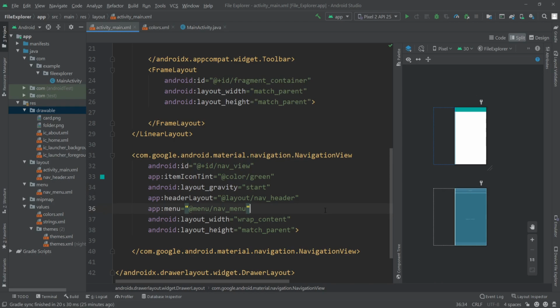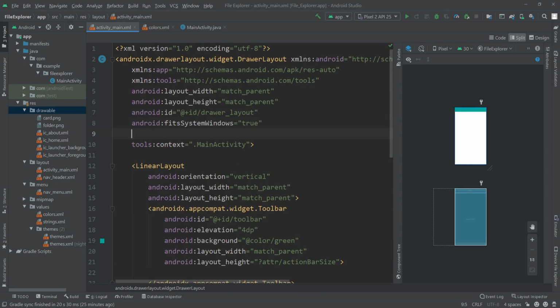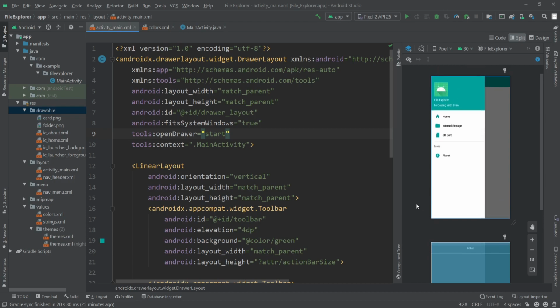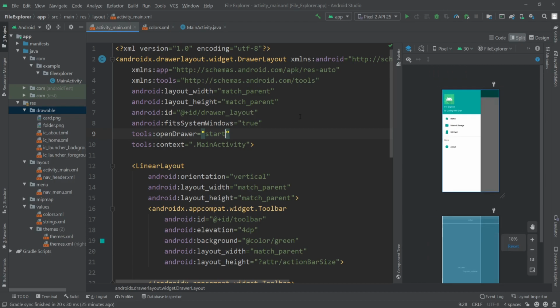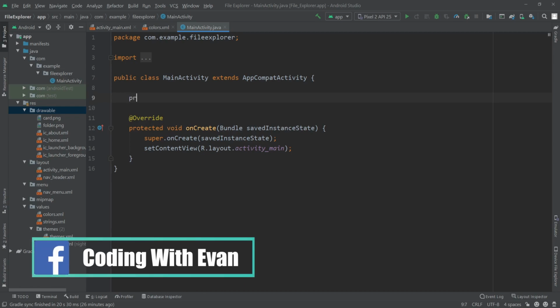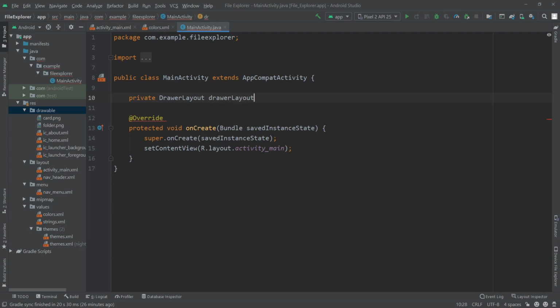Now I'll go all the way up, and here I'll add another attribute called open drawer, and I'll call start. So now you can see that is how our drawer is gonna look like. Okay, so our main activity is now ready. Now we can go to the Java file, and here I'll at first create an object for our drawer layout. So I'll write private DrawerLayout, I'll call this drawerLayout,